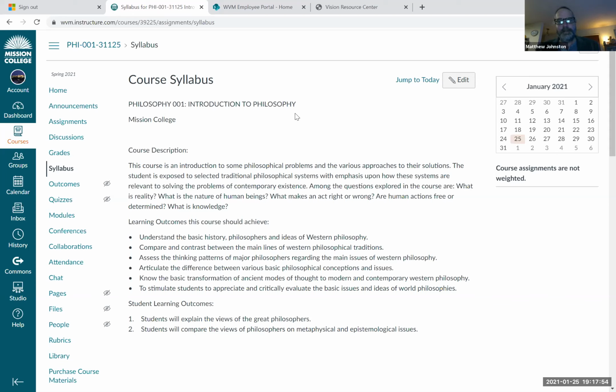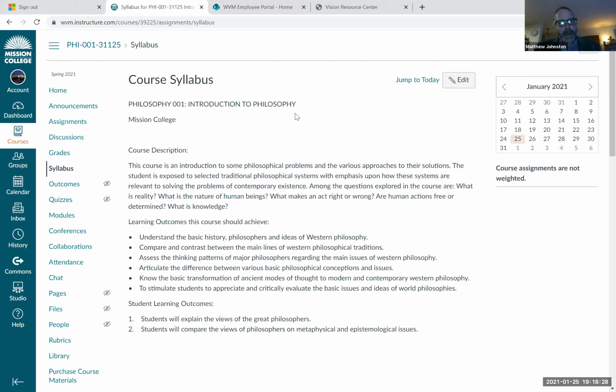That's pretty remarkable. The other thing is we are doing this historically, so we're going to start in like 500 BC, approximately, give or take a couple hundred years. And we're going to work our way up until the 20th century. We won't do any 21st century philosophers, but we'll get up to the 20th century. And we'll do it in chronological order.